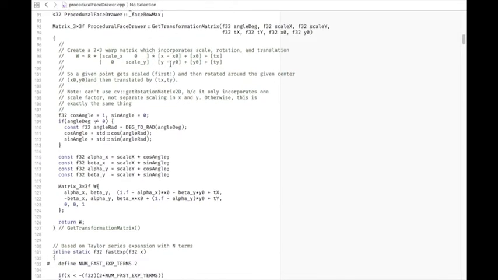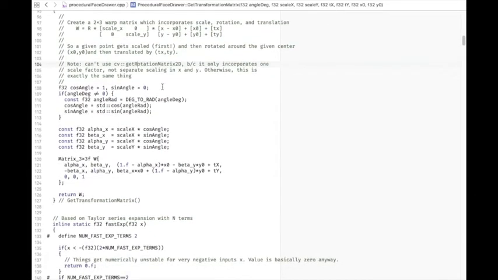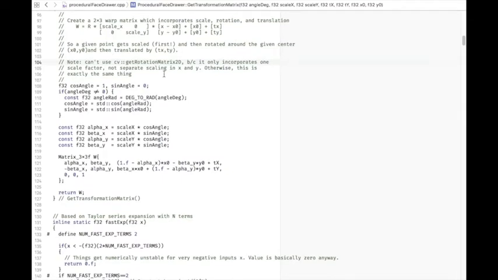So transform matrix, this probably is used to rotate, tilt, and move the eyes around, and then change how big and small they are. It looks like just a classic affine transform where they're doing it for 2D and not the Z dimension. Yeah, so we can't use the one in OpenCV because it only incorporates one scale factor. Oh, they want to change a separate scale factor for X and Y to make the eyes bigger, wider, or taller independently of each other,